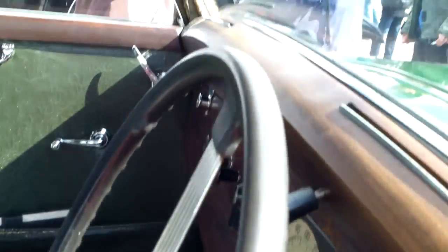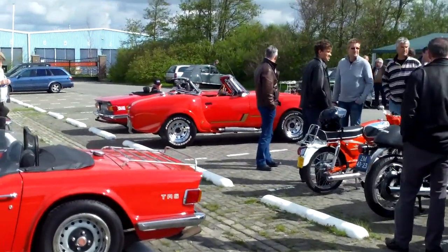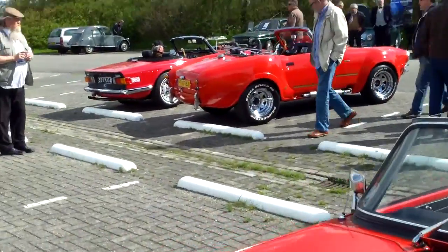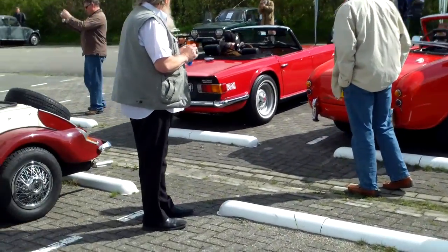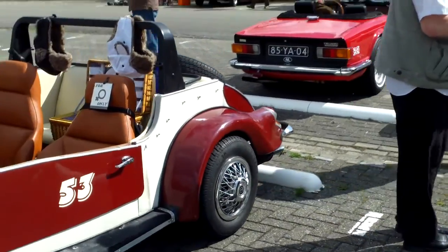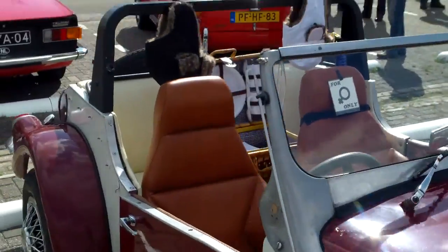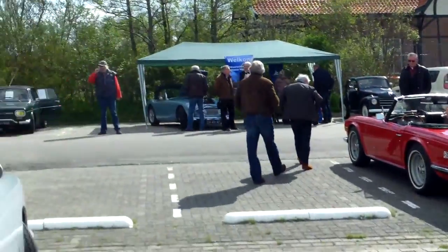What? Right-hand drive in the Netherlands with a Dutch license and a bowler hat. Let's go to the pub. Ah, more Triumphs. Orange, red, another color red. Well, very quietly they sneaked in